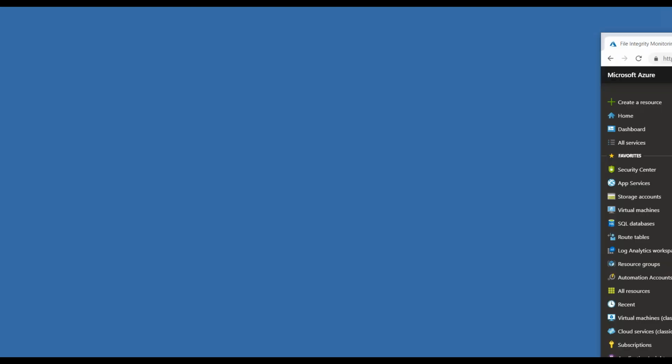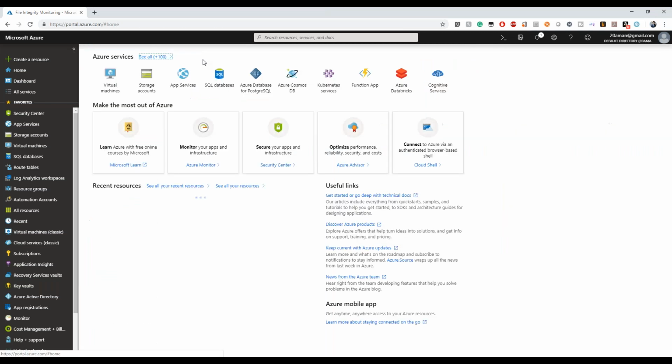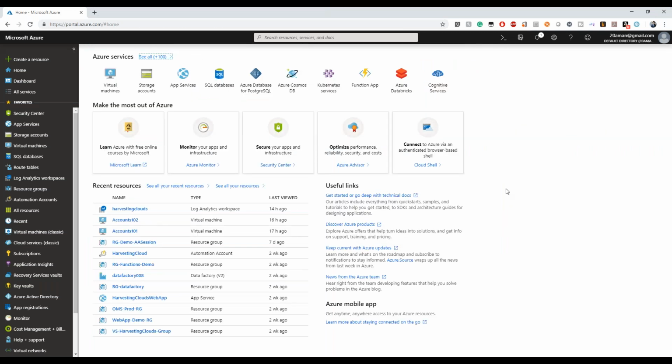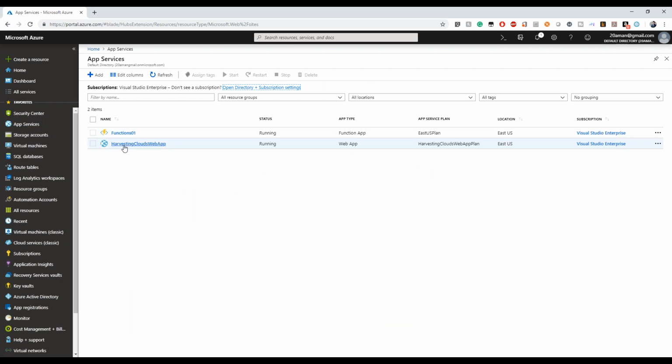This brings us to the second demo, which is the bigger demo of the whole session and the last demo as well. So I'll go into my environment. Here I'm in the subscription, which has all the resources that we talked about in the earlier scenario. I have the function app, I have the web app, the website.